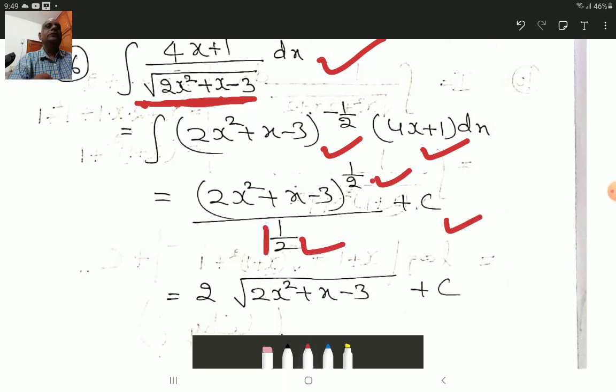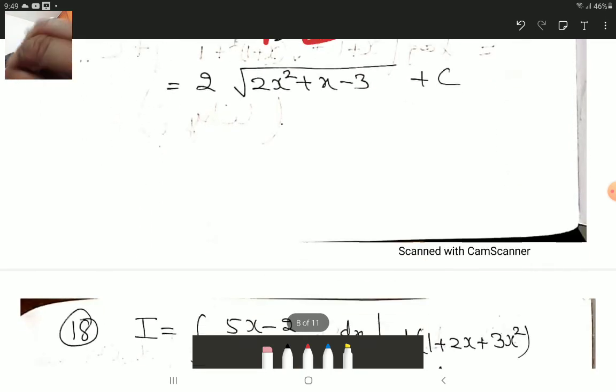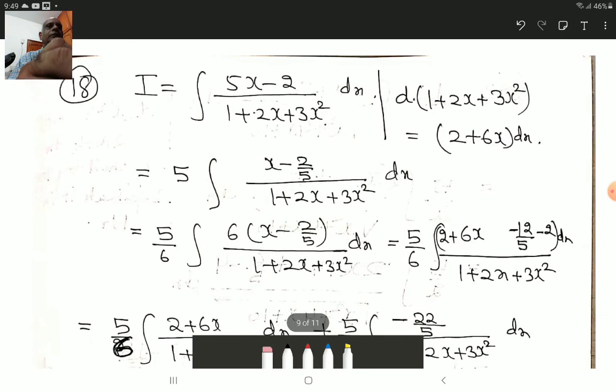Moving ahead, you see, situation is not simple always. Look here, it is linear upon quadratic. So isn't it comparable with f dash x upon fx? I mean to say, we will have to make it comparable with f dash x upon fx. I told you, whenever you have linear upon quadratic, try to apply integration of f dash x upon fx is equal to log of fx plus c. So this is the function here.